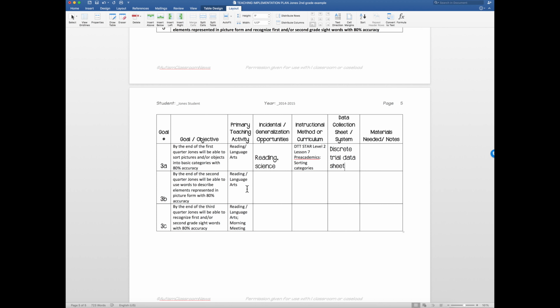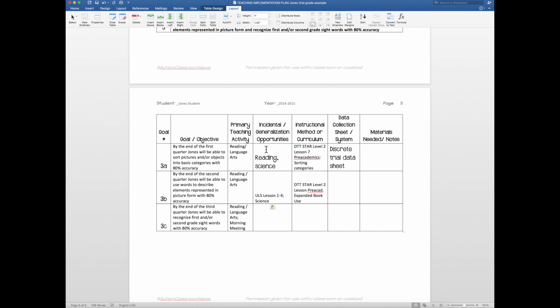So direct instruction, one-to-one, whatever you call it. In this classroom, we have a reading language arts time that is the time with the teacher. And again, this is a discrete trial goal, which also tells me that if I'm going to use that, that has to be a smaller teacher-student ratio. One of the things that the Unique gives us is science units, and this science